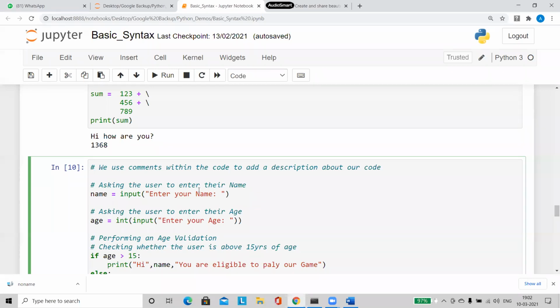So this is the importance of a comment. For programmers' benefit, we are adding comments. In Python, we have only the single line comment. Only one type of comment, which is nothing but a single line comment. And how to write it? With the hash symbol. Whatever we write, that one single line is going to be ignored by my interpreter.